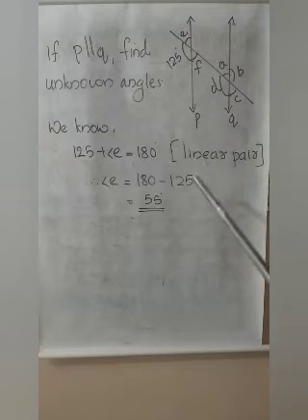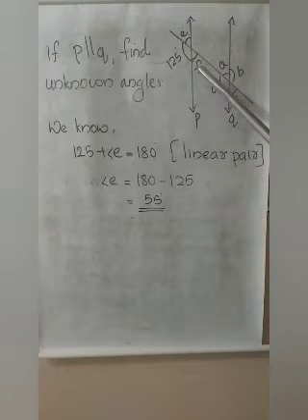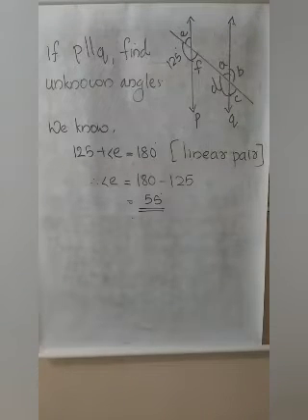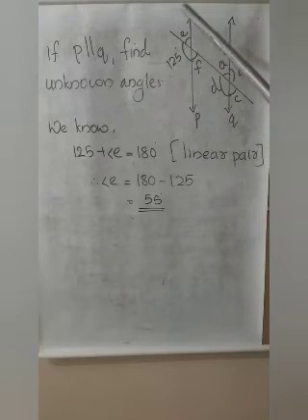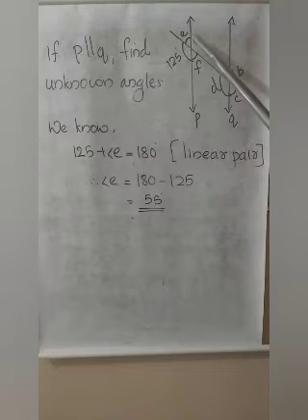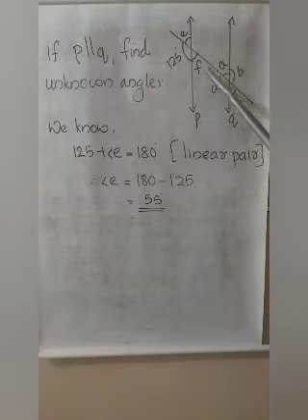Now can you find out any relation between angle E and angle F? By looking the figure, what is angle E and angle F? They are vertically opposite angles, isn't it? Angle E and angle F are vertically opposite angle. So, if angle E is 55 degree, then what will be the value of angle F? Yes, 55 because vertically opposite angles will be equal. So, we got angle E is equal to 55 degree, then angle F is also 55 degree.